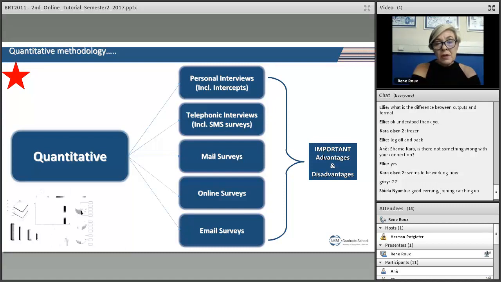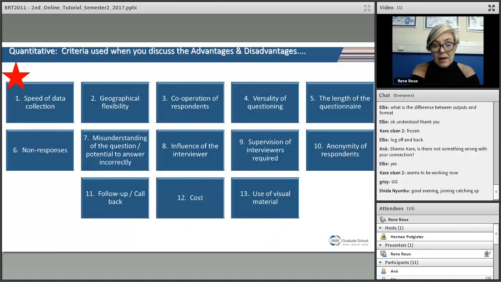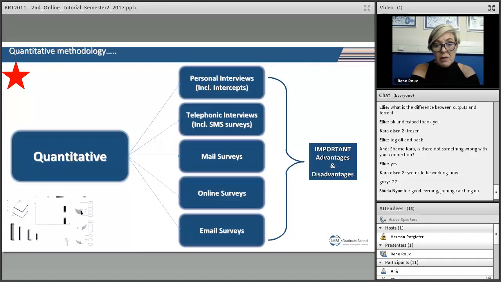Then they said, in terms of your quantitative methodology, which one of these would you recommend? And then give us the reasons why. So you will then go and you will